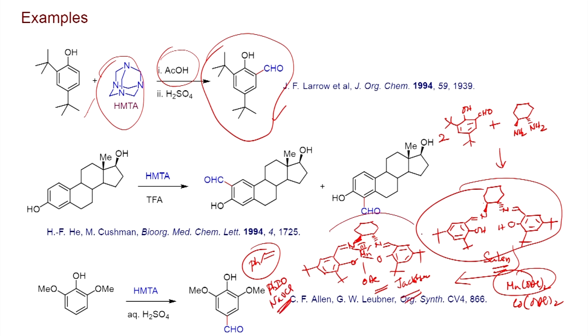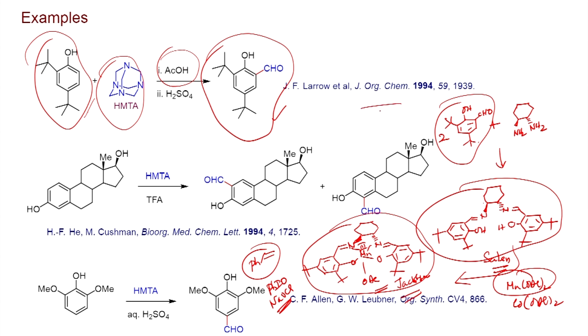And so, this is used as a chiral ligand for the oxidation of alkenes, and this has been widely used since around 1990. So, this aldehyde is a popular one, and is also commercially available. This aldehyde can be easily made from this substituted phenol using hexamethylenetetramine under these conditions, and this aldehyde is widely used.